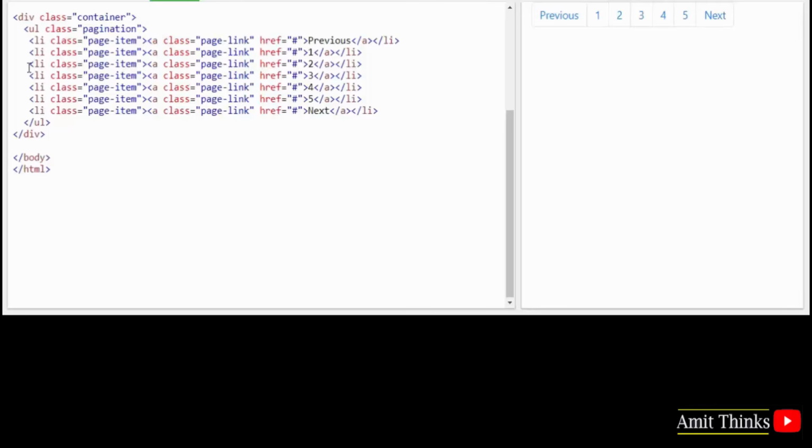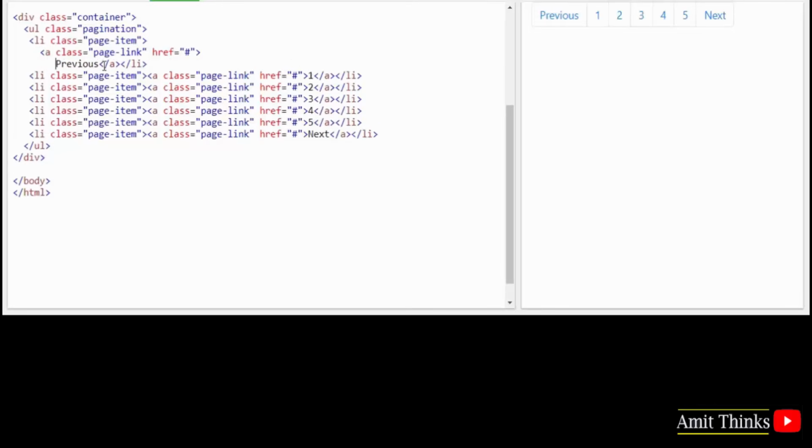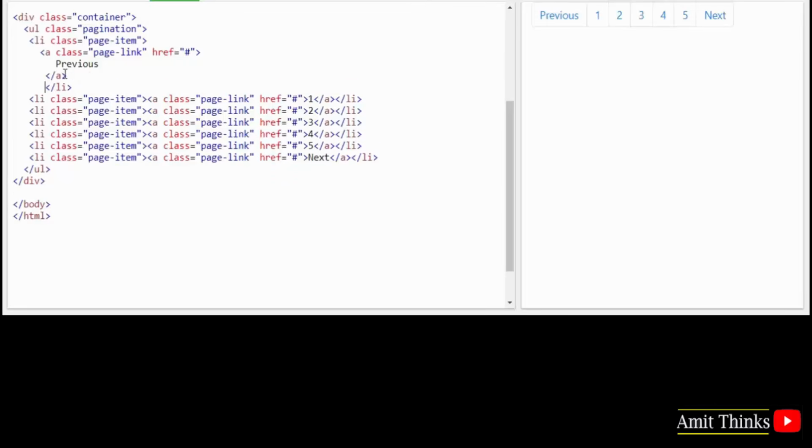For basic pagination, I'll repeat what we did. We added the pagination class to a UL element. After that we added the page item class to each and every LI item, and for the link, we have set the page link class to the A tag, and all this comes inside the LI for each and every item. I'll just format it to make it easy to read and understand. You can see we added the A tag under the LI with class page item, and we have added the page link class